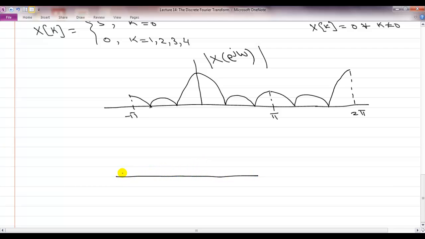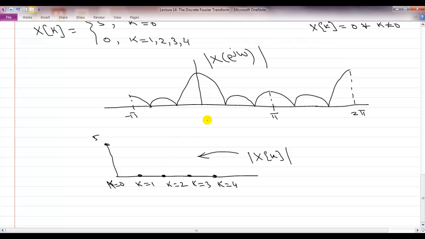It looked like this. It is 5 for k equal to 0, and then it is 0 for k equal to 1, 2, 3, and 4. So k equal to 0, k equal to 1, k equal to 2, k equal to 3, k equal to 4. This is my X of k. Now, if you look at this stem plot, this stem plot doesn't look anything like your DTFT. Okay. The sampling relationship that we derived still is true, but the reason it doesn't look like your DTFT is